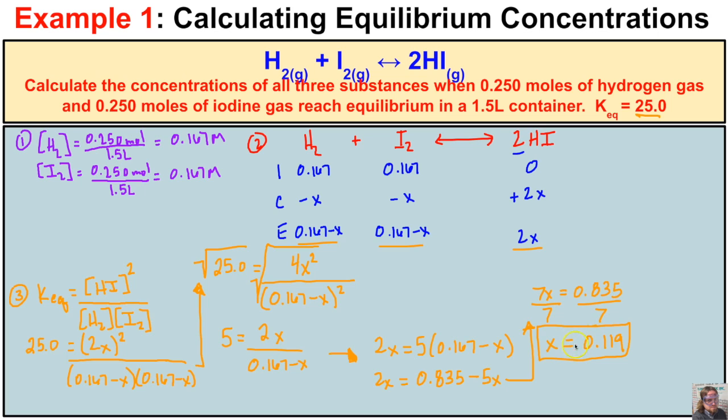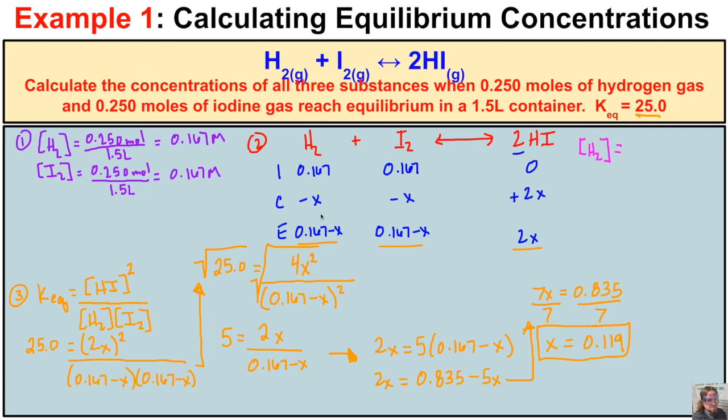So now what we can do in our last step is use this x value to determine what the concentrations at equilibrium of each one of these substances is. So let's go ahead and do that. And so if we take a look, what is the concentration at equilibrium going to be of our hydrogen gas? Well, let's see here. For our H2 gas, the equilibrium is going to be